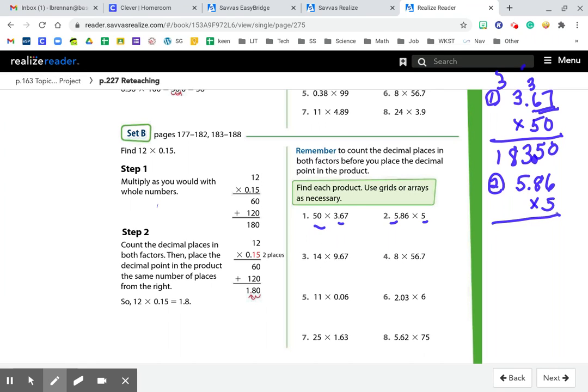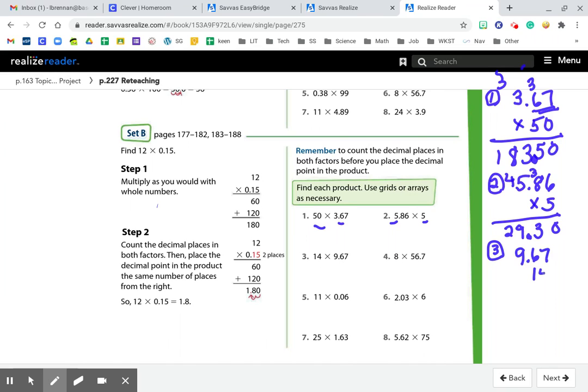So number 2, 5.86 times 5. 6 times 5 is 30. Carry the 3. 8 times 5 is 40 plus 3. 5 times 5 is 25 plus 4 is 29. 2 digits in decimal place value in the problem, 2 in the answer. My final answer is 29.3 or 29.30. Number 3,